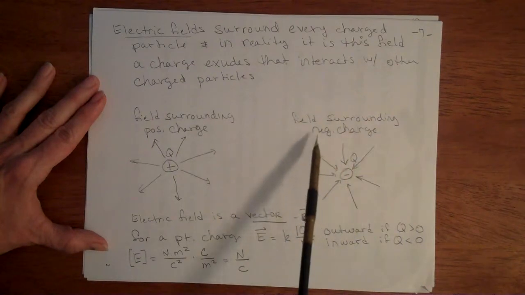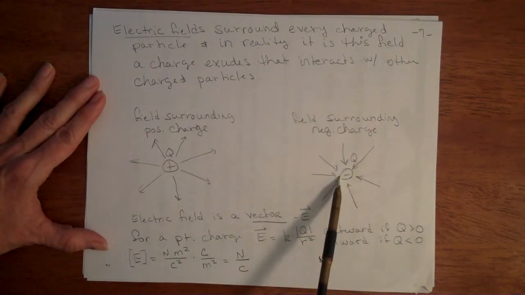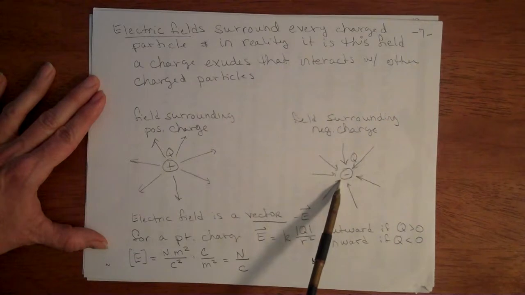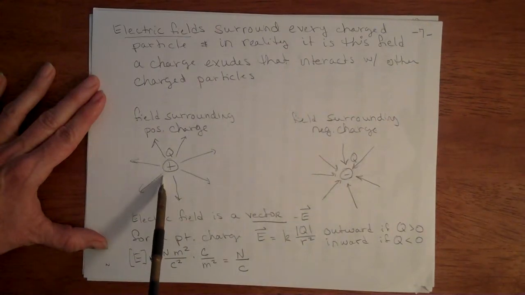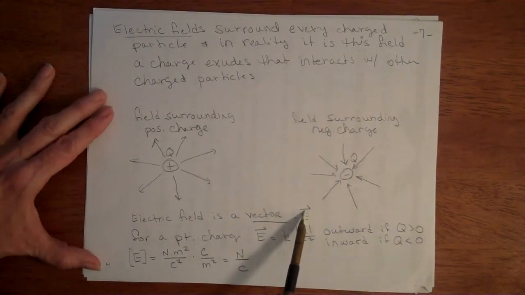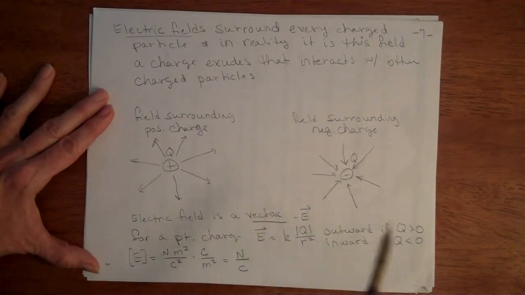The electric field surrounding a negatively charged particle looks the same, except you flip the direction of the arrows. So the electric field lines point in on negative charges, and point away from positive charges. The electric field is a vector, and gets the symbol E. We put an arrow on top of it indicating it is a vector, so it has a magnitude and a